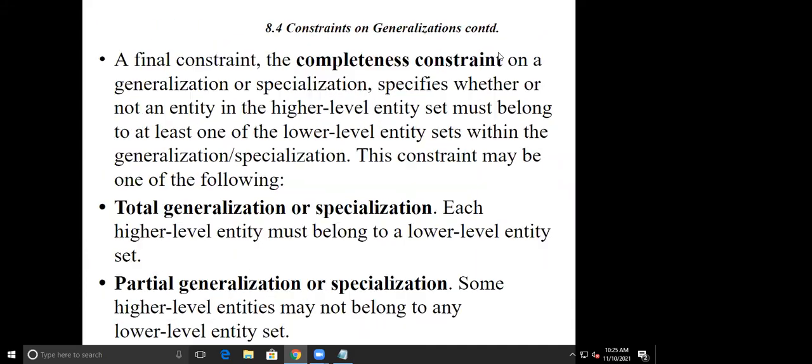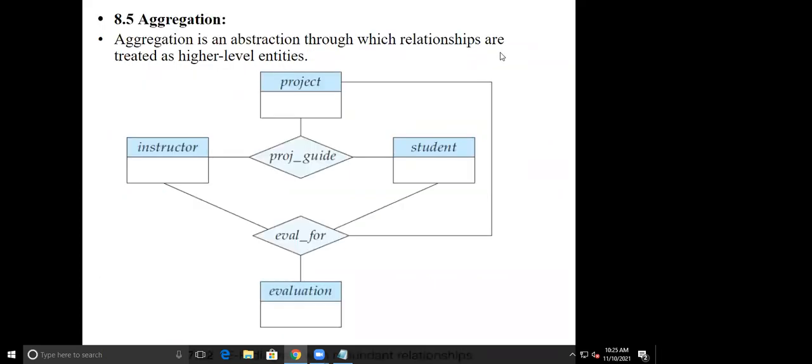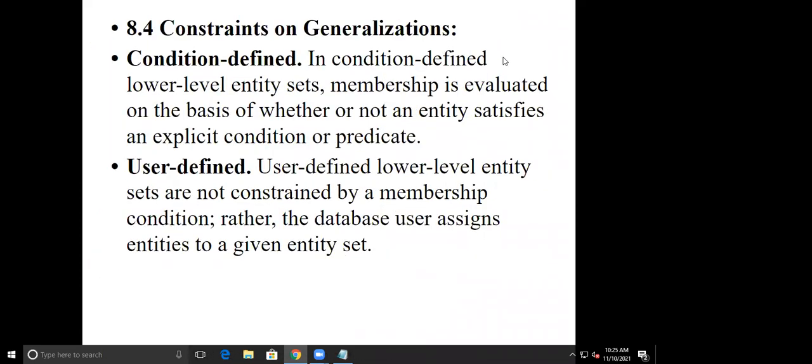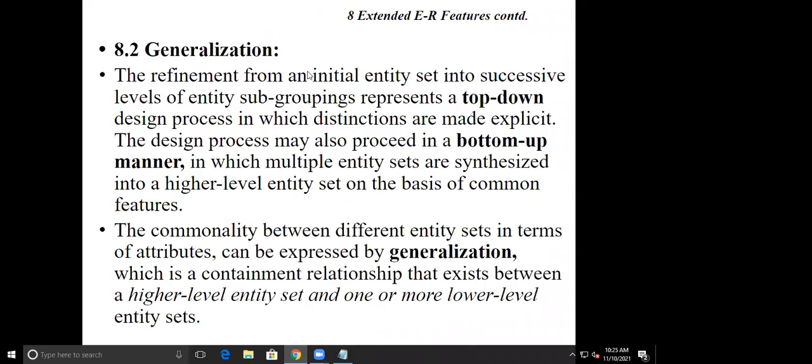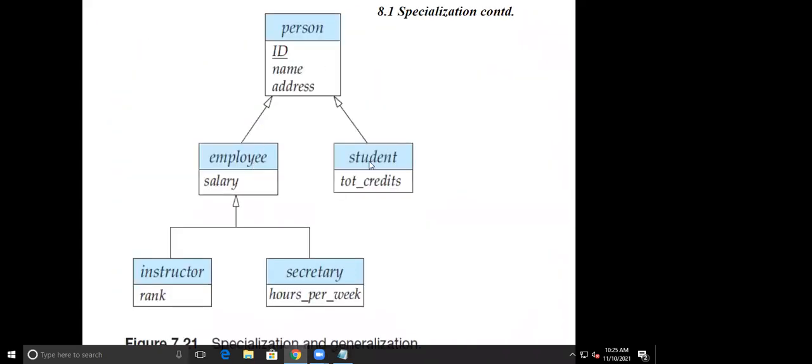Disjoint and overlapping, total and partial. Total and partial means, for example, that every person is an employee or a student. If there is a person who is an entrepreneur, who is neither studying nor working anywhere, then that person remains in this state only.